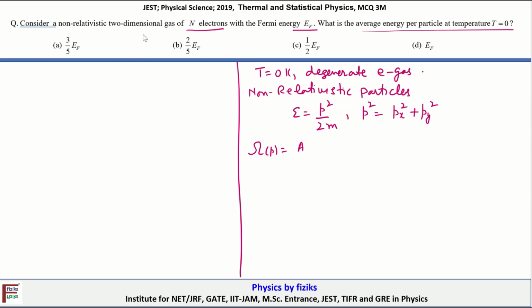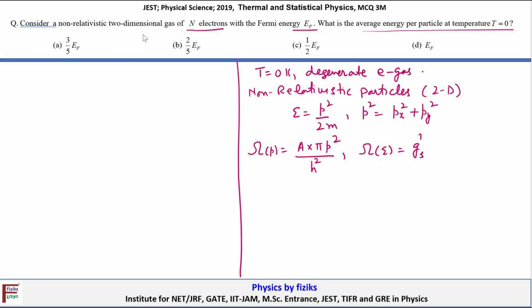We are talking about the Fermi gas in two dimensions. So we are talking about the area in the ordinary space, and then multiplying by the area available in the momentum space, that is pi p square, divided by the cell area in two dimensions, which is h square. With the help of this expression, we can write the expression for the number of states with energy less than or equal to E, and that is equal to, so here I'm multiplying with